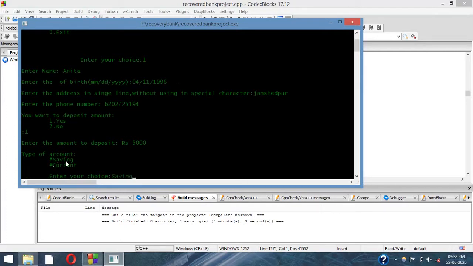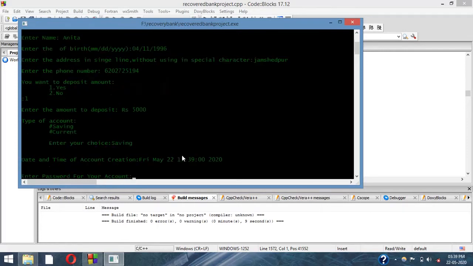Here two types of account are given, saving account and current account, and the interest will be calculated differently. For the saving account, the interest is 0.015, and for the current account it is 0.010. We have written it in the code. So I will be depositing the amount in the saving account.